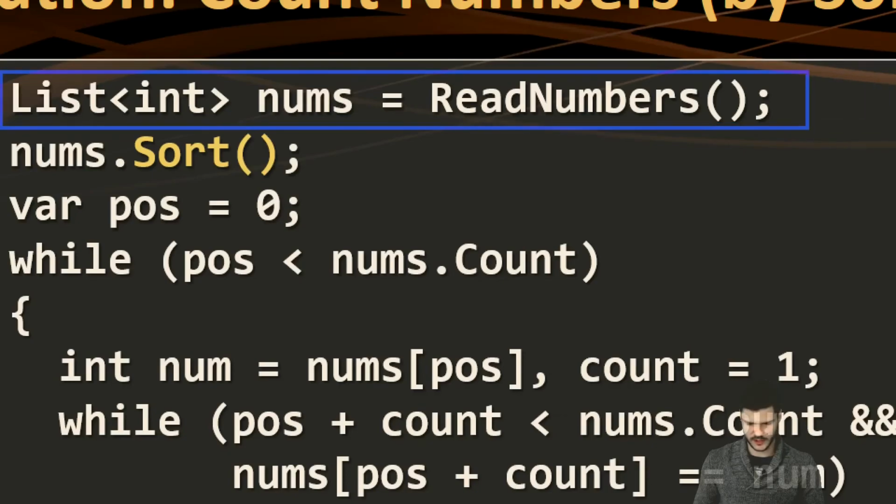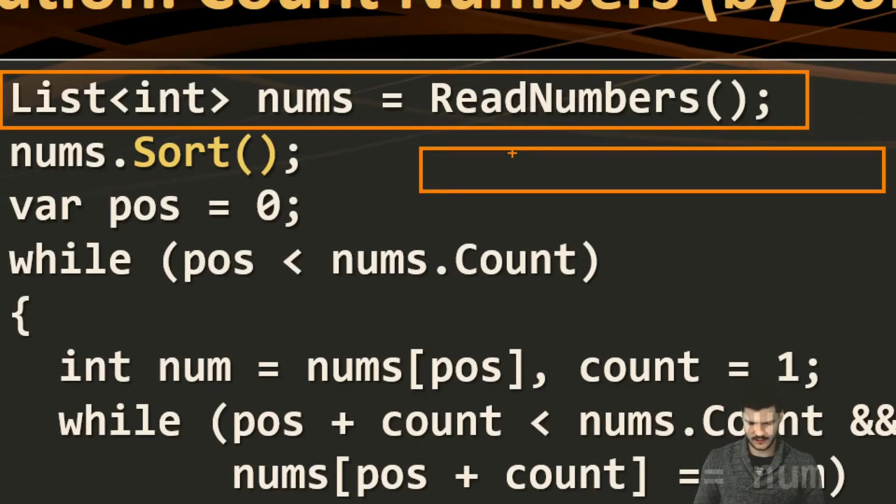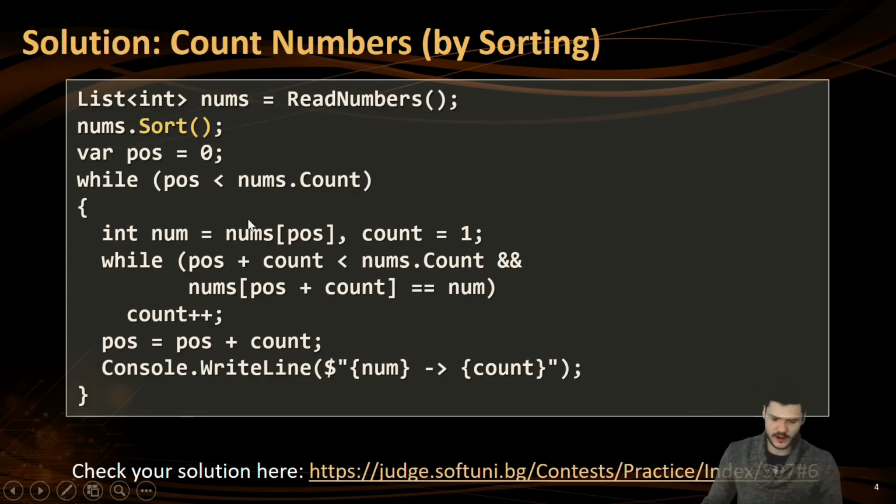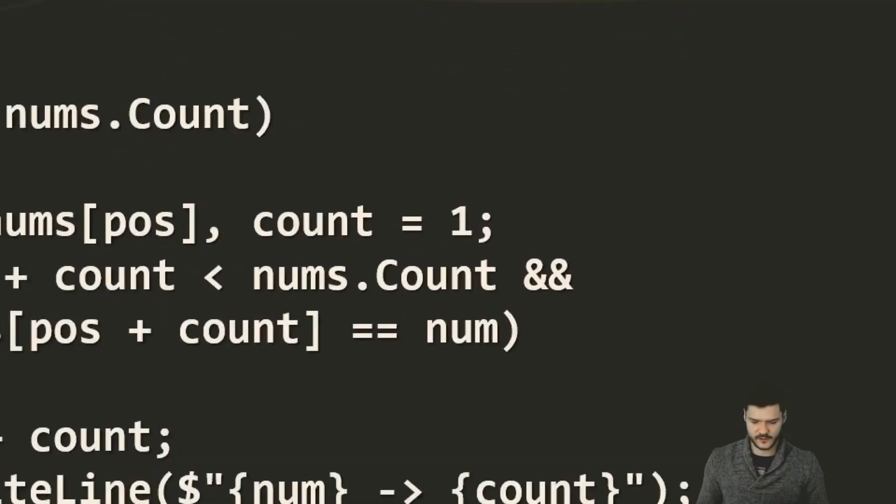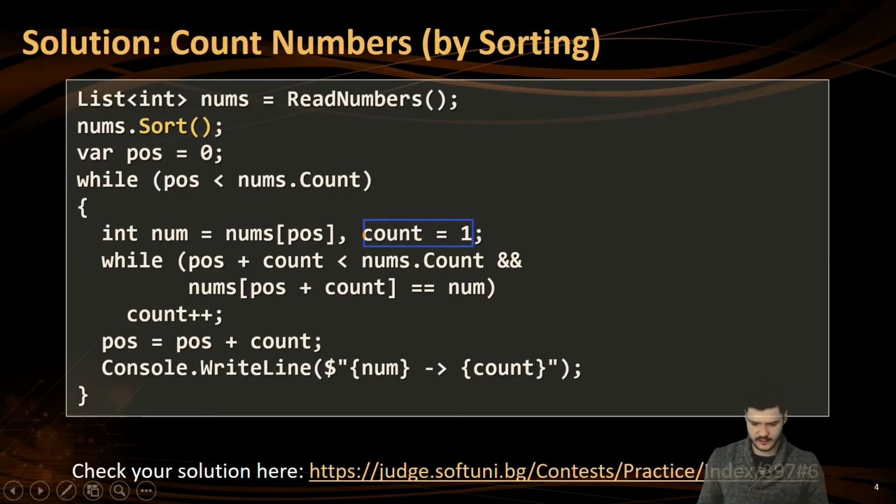We sort this array in ascending order. Then we will have all the same values next to each other. We'll have 2, 2, 3, 3, 4, and so on, right? We start from position 0, get the first number, and we need to have a counter, right? So we start from the first value, we have a counter, and we get the first value,